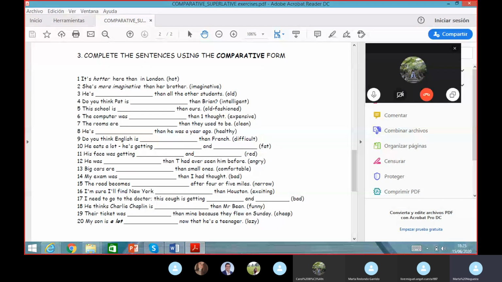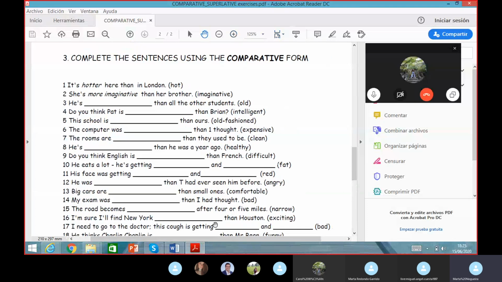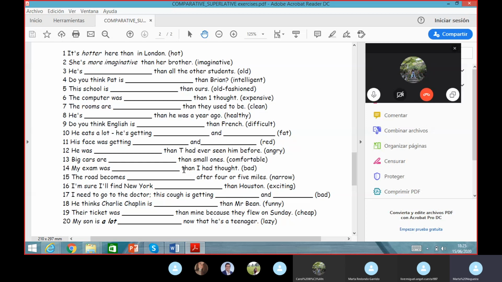Okay, so let's see the answers. If you have doubts with these guys, this is very important to know because when you speak, you may say like more easier or more easy. So this is wrong. It's easier. This is very important for any part of the exam: speaking, writing, grammar, or whatever. This is just, as I told you before, a review. I'm gonna do it myself to go quicker, and if you have doubts, just speak. I'm in number 3.